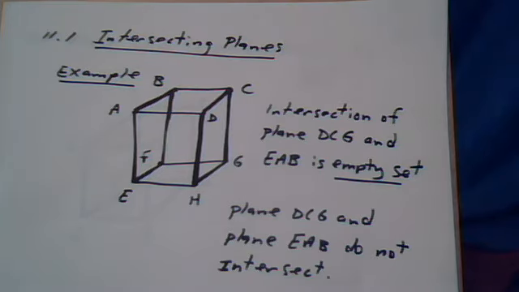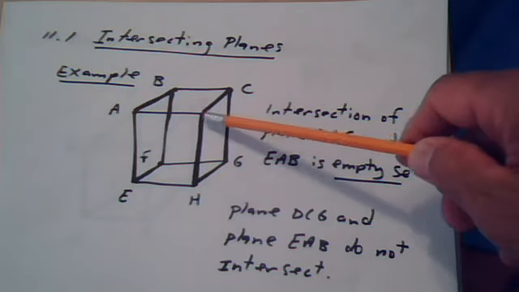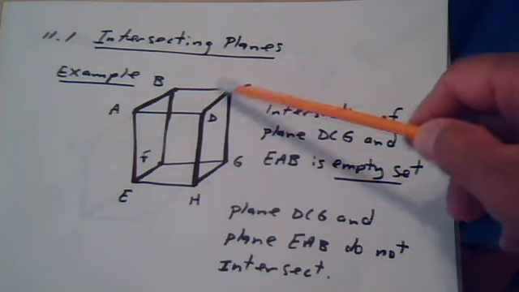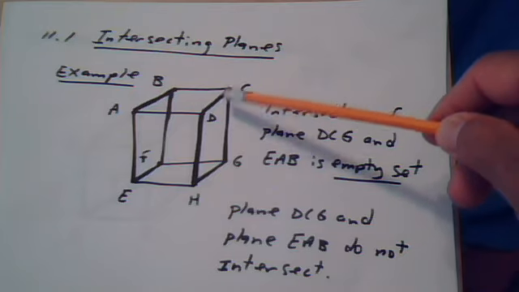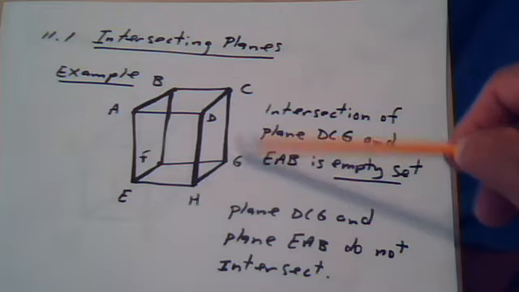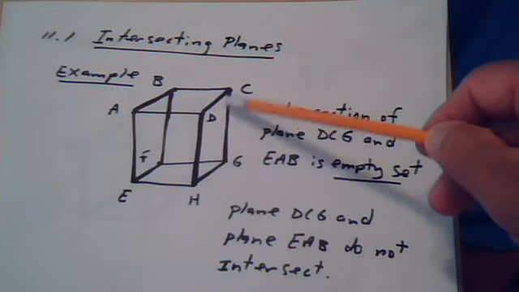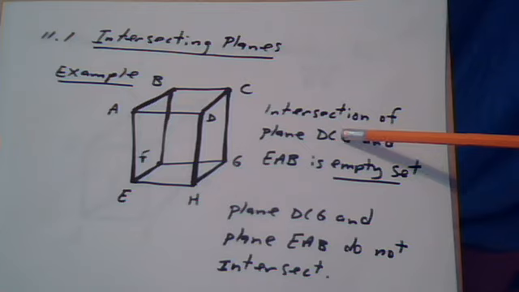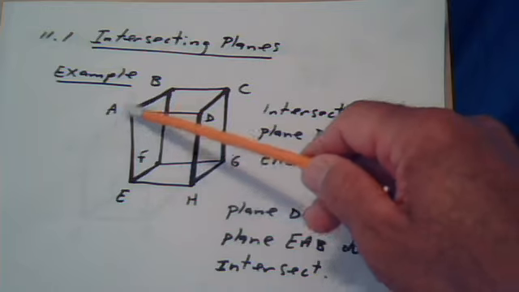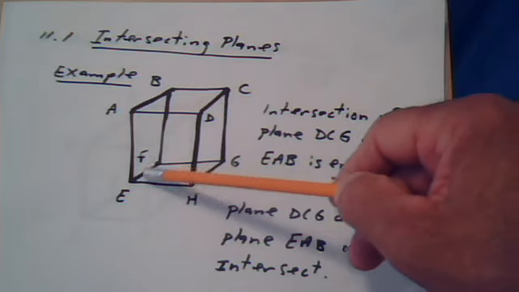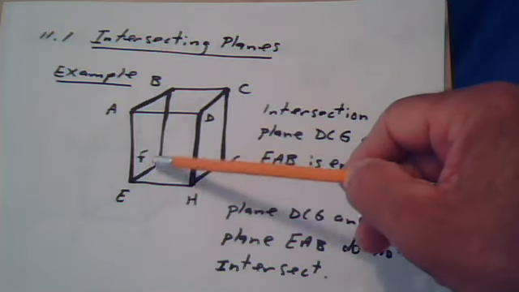Intersecting planes. The intersection of plane DCG. Notice I use 3 points to name the plane. One way of thinking about it is, think of a sheet of paper that has those 3 points. So this is the plane we're talking about, DCG. Then plane EAB. Think of a sheet of paper that contains those 3 points. It would be this sheet of paper, right? So this is the plane